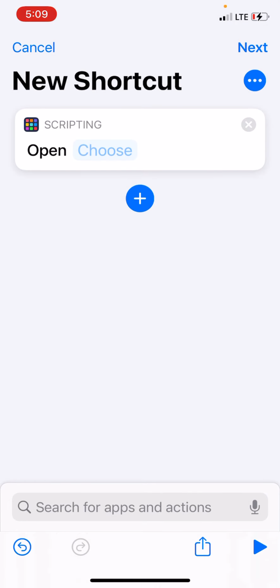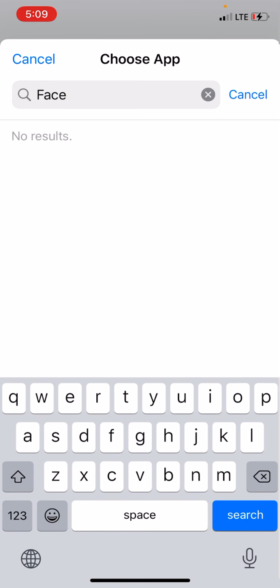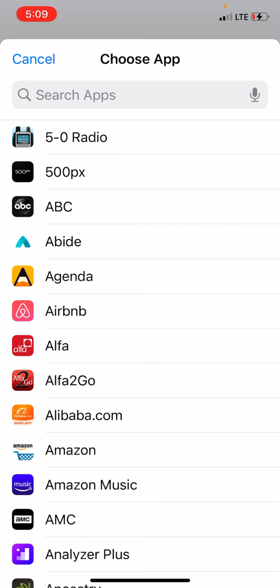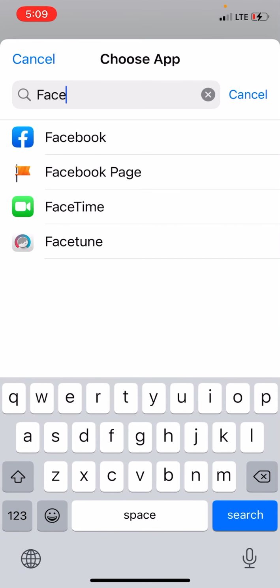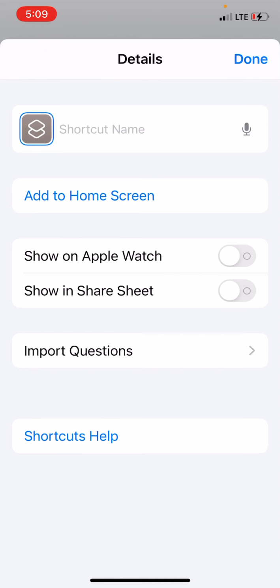And then the second thing you want to do is choose the app. So we're going to choose Facebook. It's taking a second. There we go. Okay, Facebook. So once you've created the script to open Facebook, then you click on those little three dots and we're going to